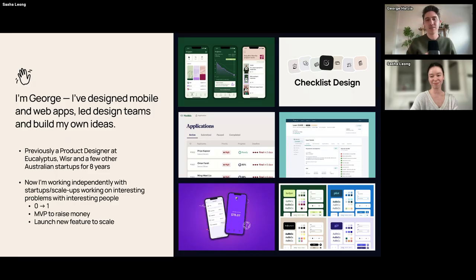But currently, for the last getting to 2 years at the end of this year, I've been working independently with companies to help them tackle either the most interesting or challenging problems that they're facing, whether it be helping a company go from 0 to 1 with an idea that they have, maybe helping them scrappily put together some proof of concept that they can take and use to raise some money,